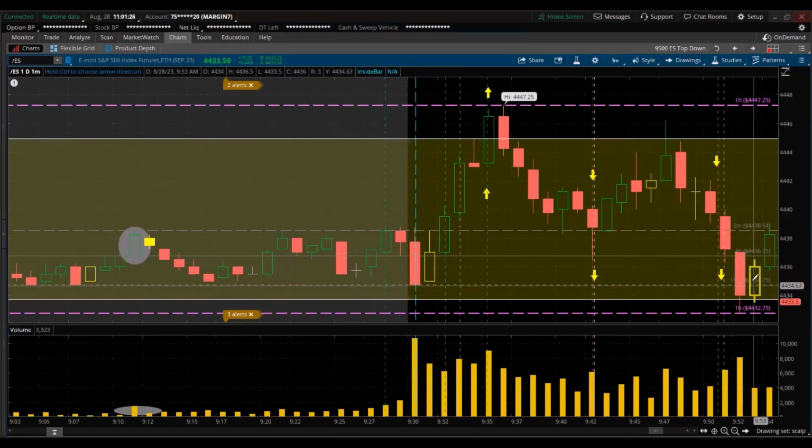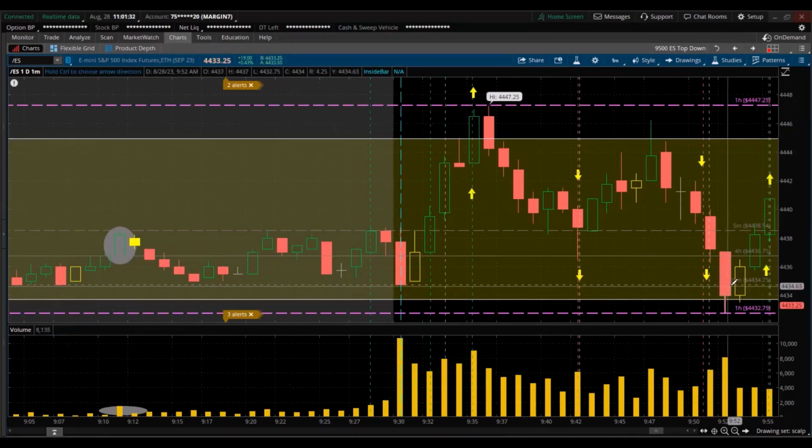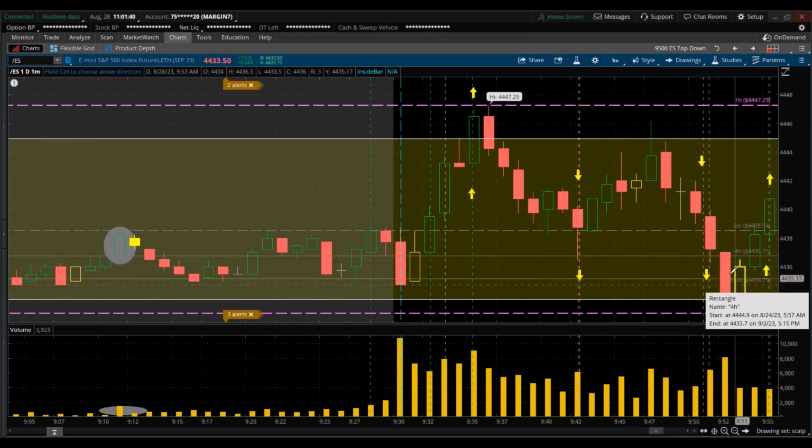Inside candle on that 1 minute on the bottom of the trend. Nice reversal. I did not take it. Probably got distracted. Yeah, missed it. So I went here. This big green candle, I liked it because this inside candle on the bottom of the trend